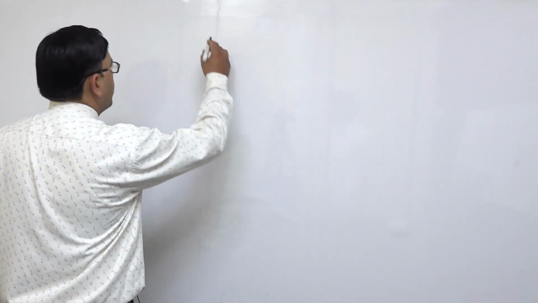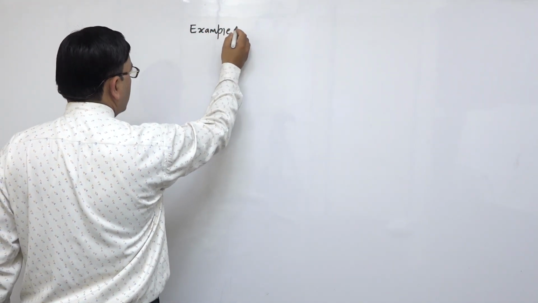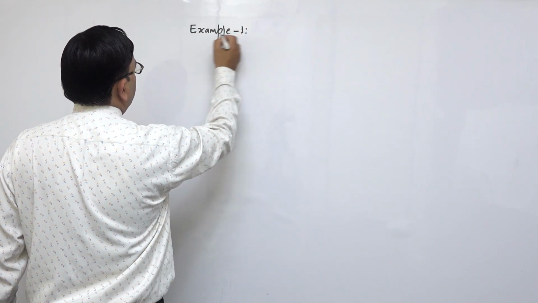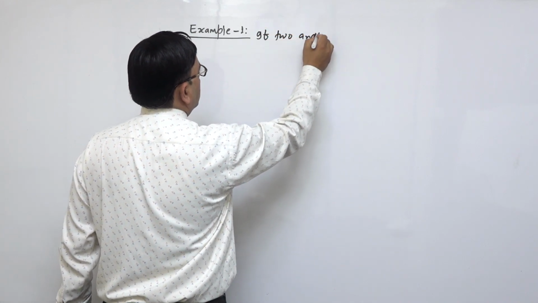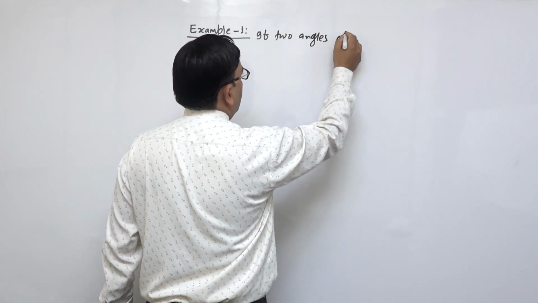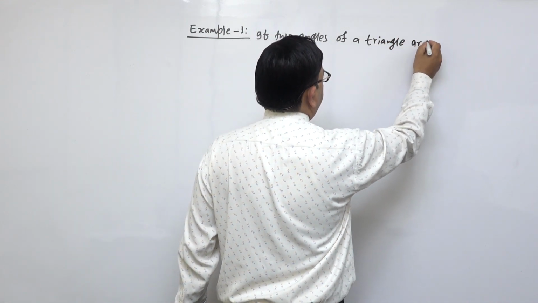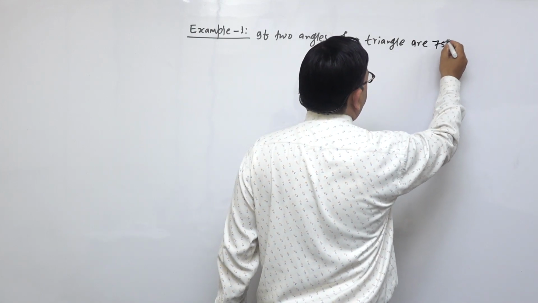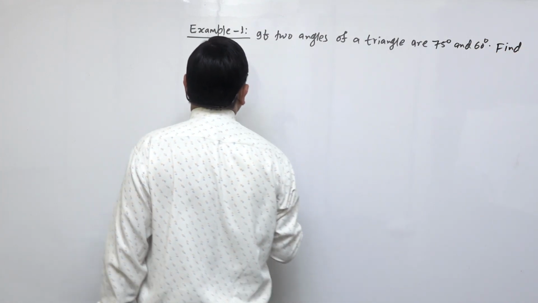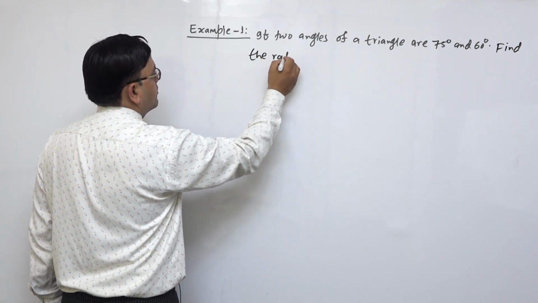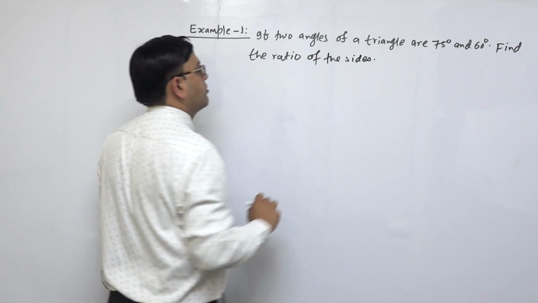Now in example 1, we have, if two angles of a triangle are 75 degree and 60 degree, find the ratio of the sides. This is a question. Solution: